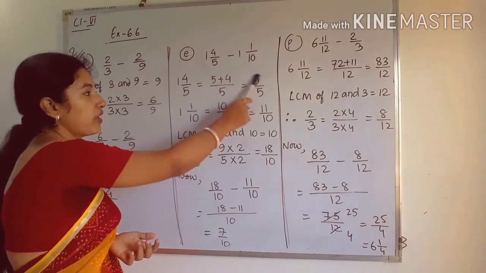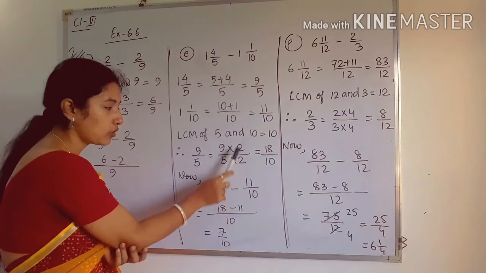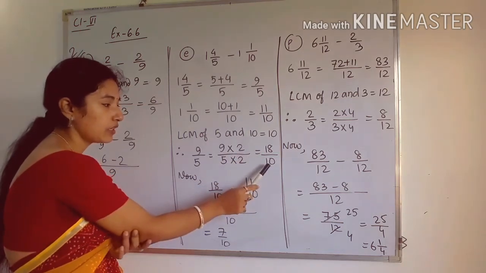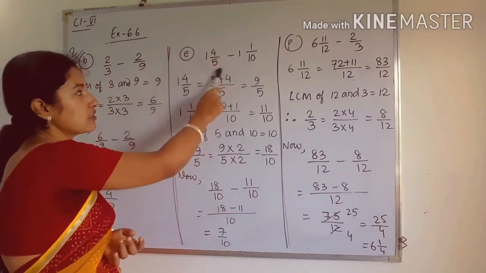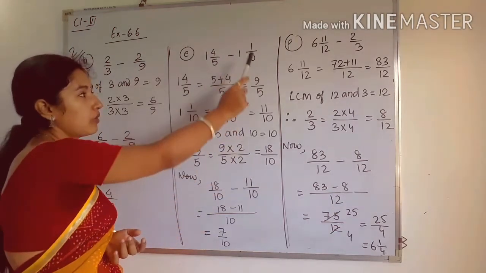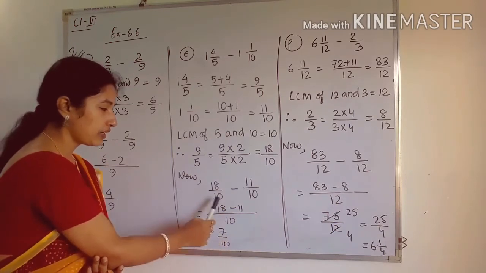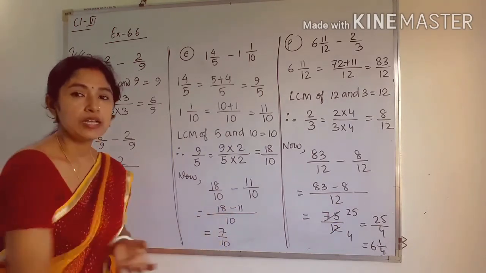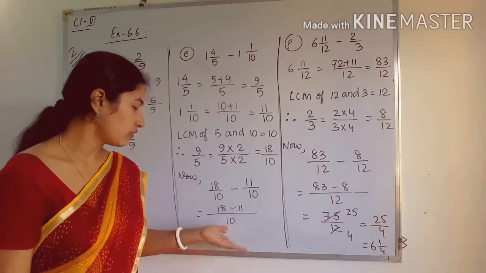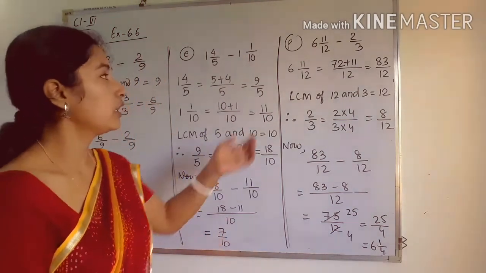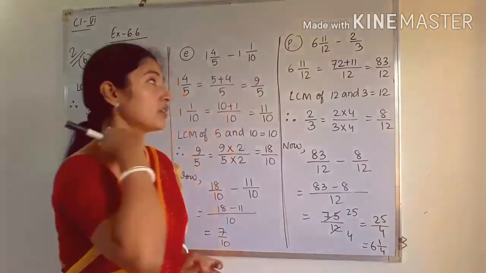So this is 9 by 5. After multiplying the numerator and denominator by 2, the fraction has denominator equal to 10. So this is 18 by 10. So finally we can write 18 by 10, and the other is changed to improper, that is 11 by 10. So finally we can write 10 in the denominator, the numerator will be 18 minus 11, that will be 7 by 10. This is also proper, so no need to convert, we can write it directly. The answer will be this one only. Next is, see, the first fraction is mixed, and the next is what?